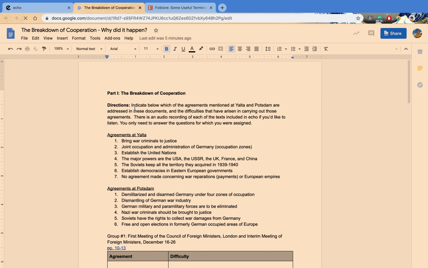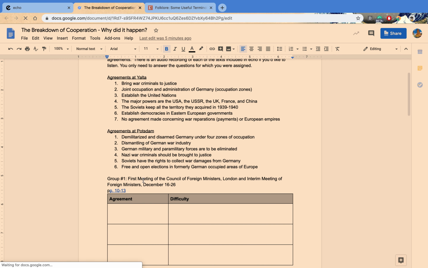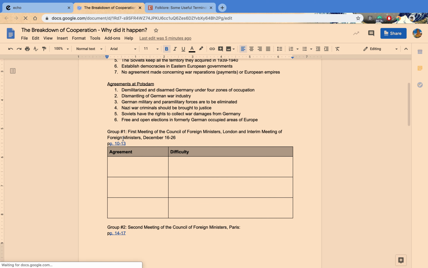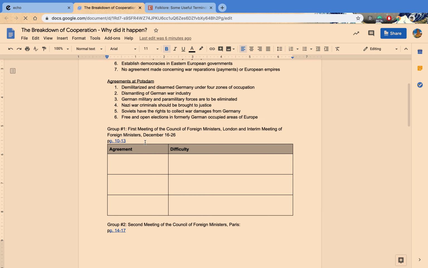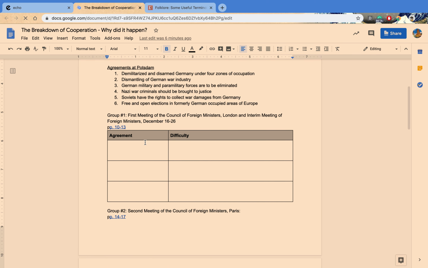If your last name is A through L, you're going to be looking at the documents for group one. If your last name is M through Z, you're going to be looking at a different set of documents. So pay close attention to that.